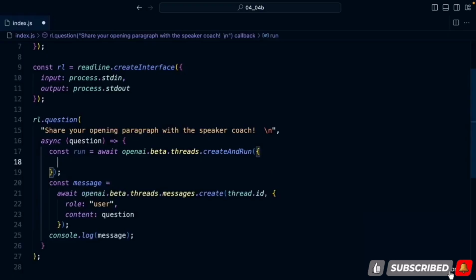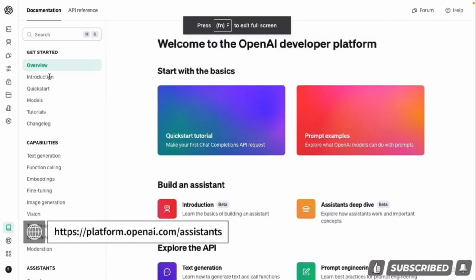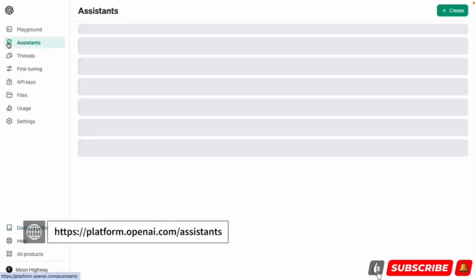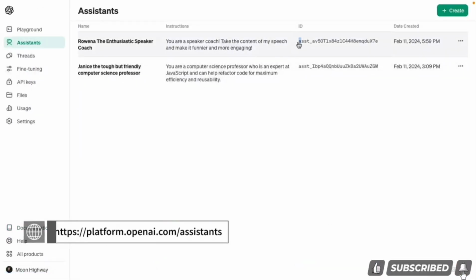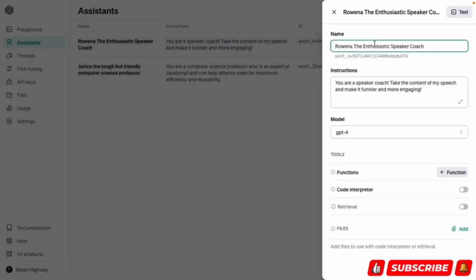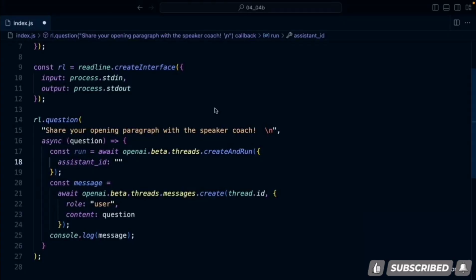So what we need to do here is attach this to an assistant ID. The assistant ID can be found in your account under assistants, and then you can copy it from here. Sometimes this little pop-up appears, so you can always grab it from right underneath the name field, paste it into that spot, and then we're going to say thread